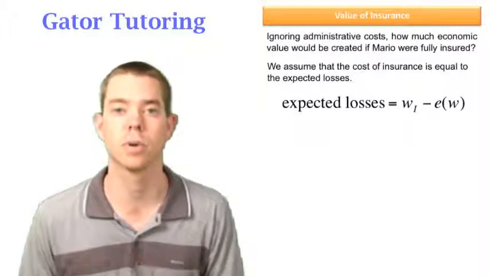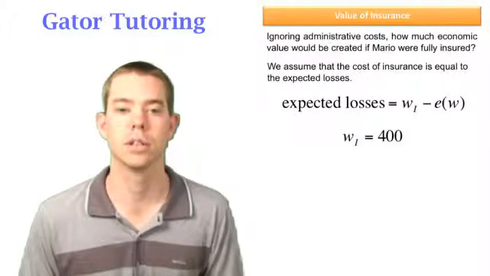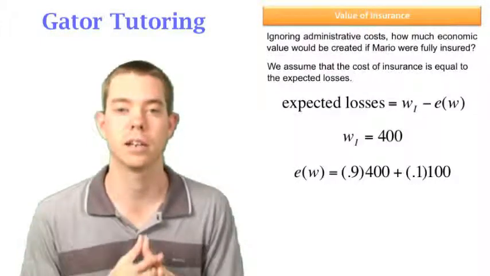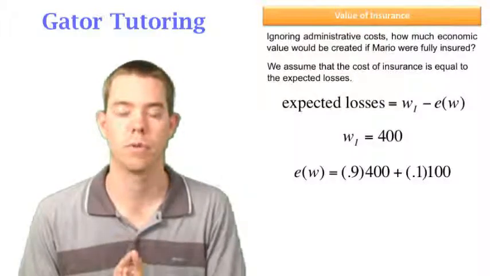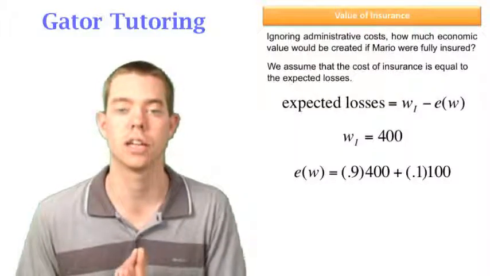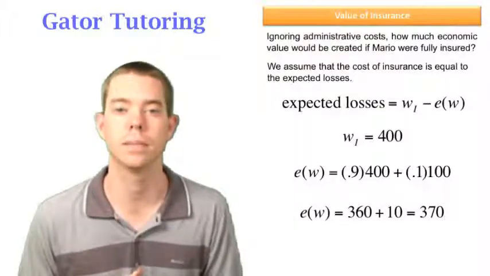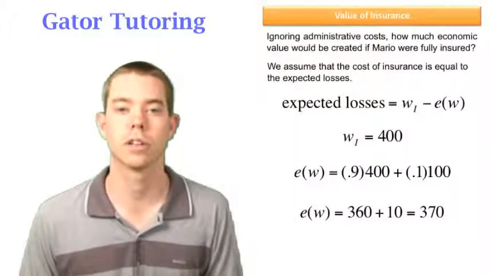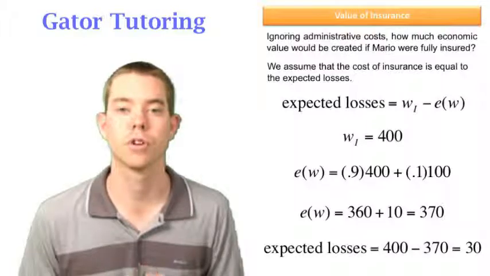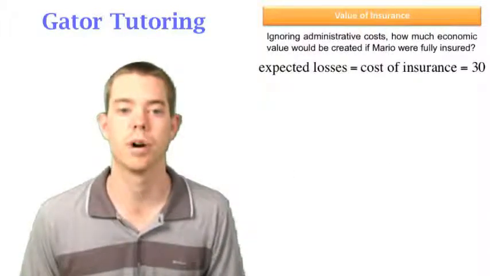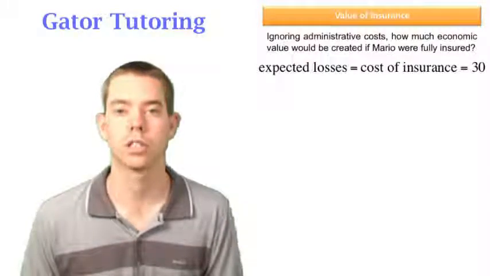minus their expected wealth. Well, the initial wealth they gave us is 400, and their expected wealth we can solve by finding the 90% chance they have 400 plus the 10% chance they end up with 100, and that gives us an expected wealth of 370. So their expected losses in this case is 400 minus 370, or 30, which is going to be the price of the policy, or the cost of insurance to Mario, which is the same thing as the price of the